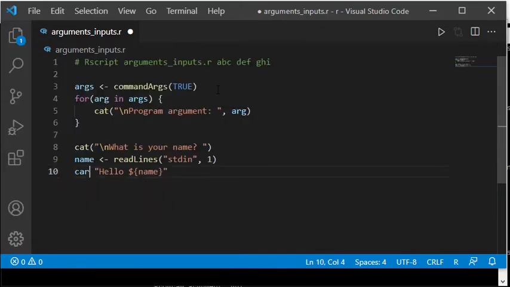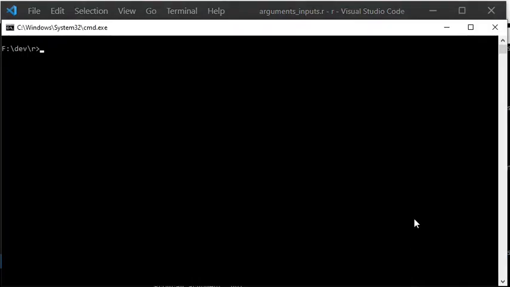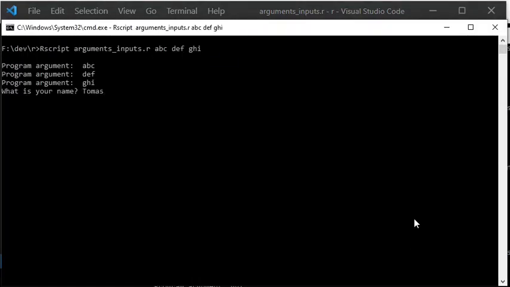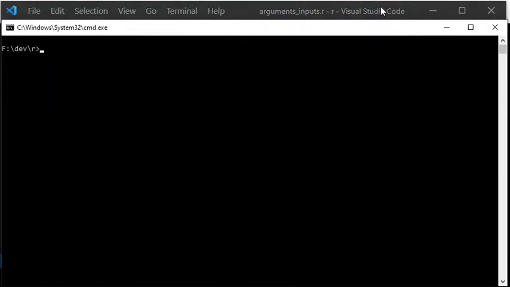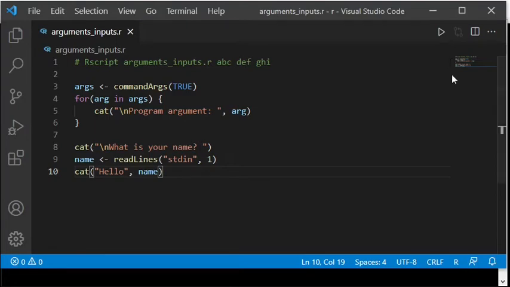The function cat is then used to print the content of the variable name to the screen after the prefix hello. When I execute the program, it works as expected. Regarding reading from the keyboard, I have now used the function readlines with a big L and an S at the end.